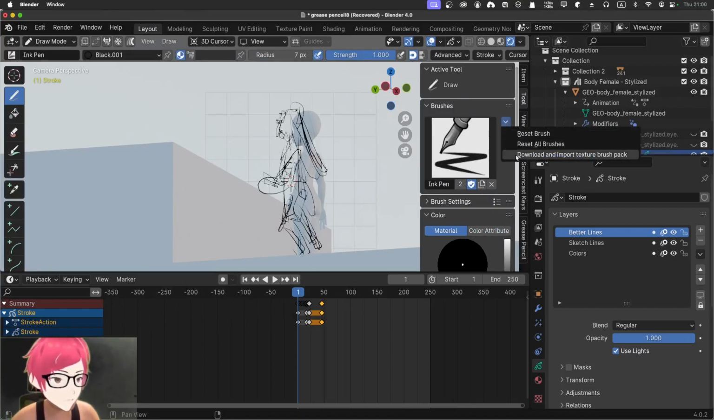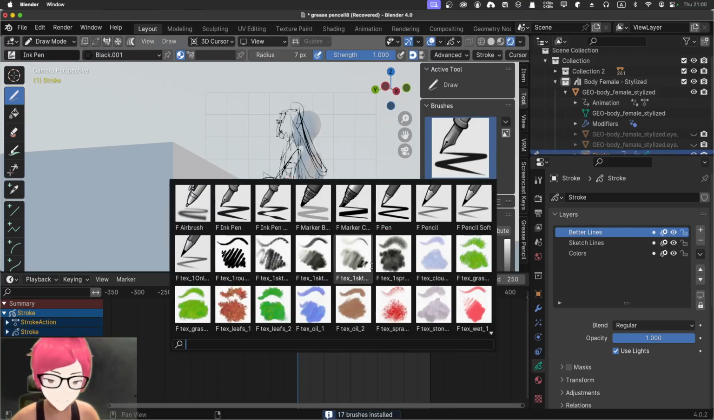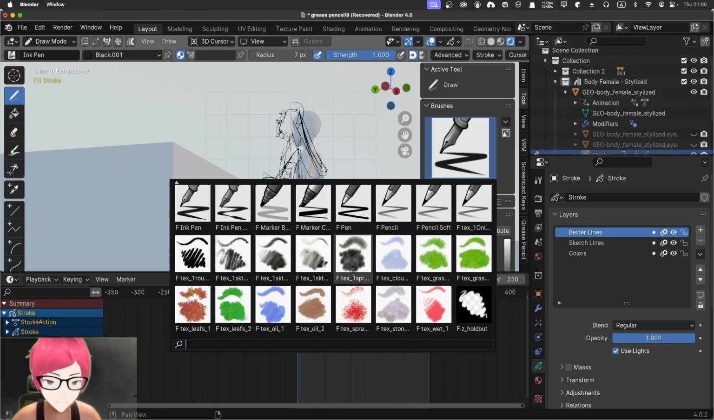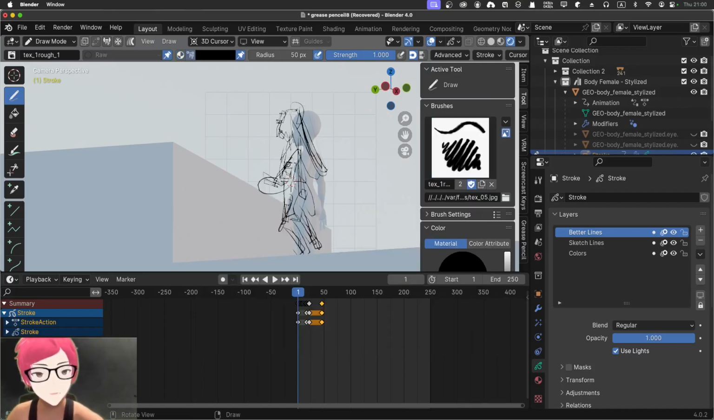We've got this downloaded import texture brush pack here, and we've got more brushes I can play with, all sorts of brushes. We can get a hold out brush. Maybe just use this one, okay, maybe just to get rid of a sketch line. Now I'm going to try to